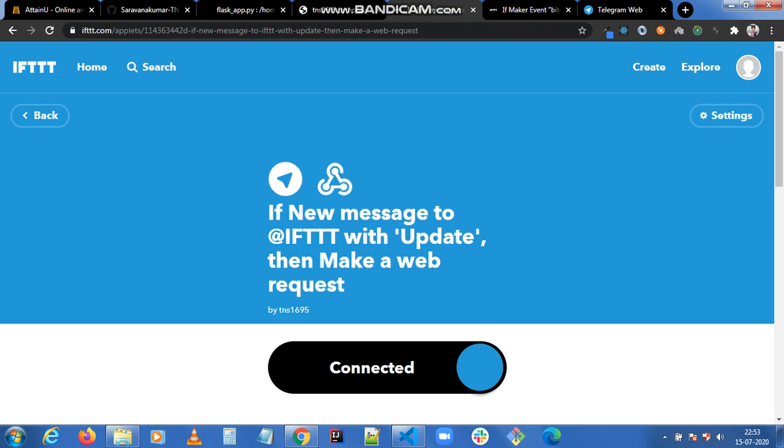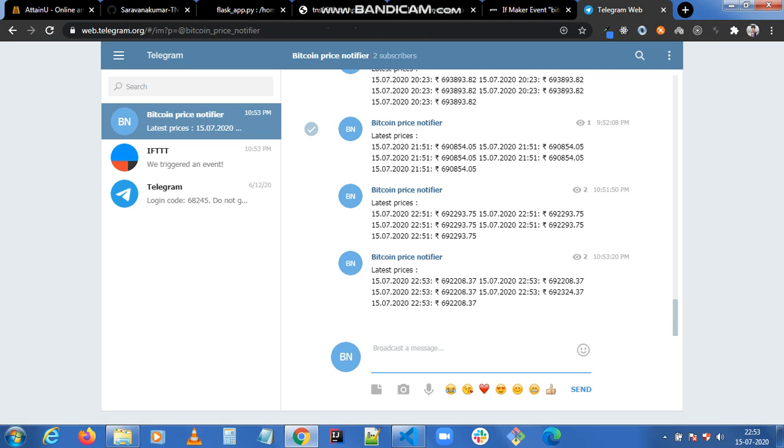And we can also replace this part of this applet. Here this part refers to sending the text message update to my IFTTT. I can also replace this with Google Assistant, so that when you say update Bitcoin price to your Google Assistant, it will send a message to your Telegram channel. So that is it. Thank you.